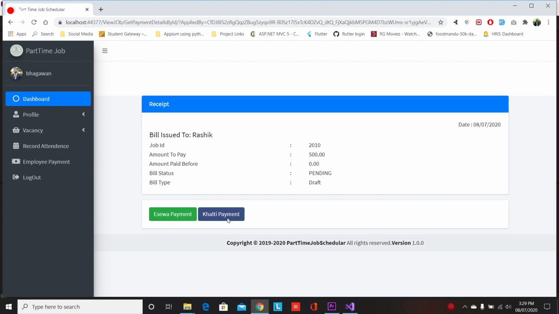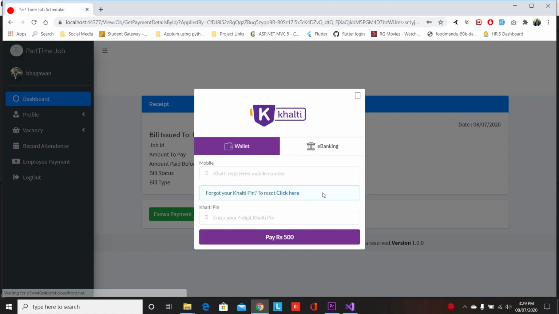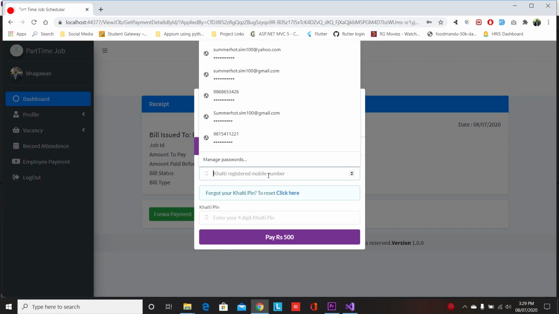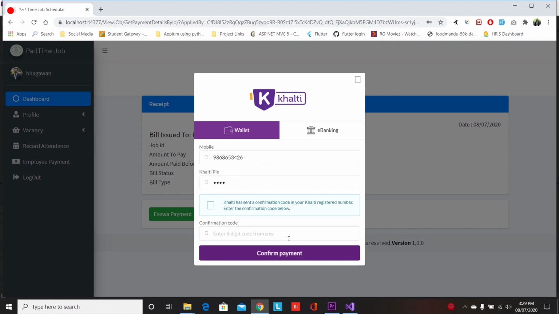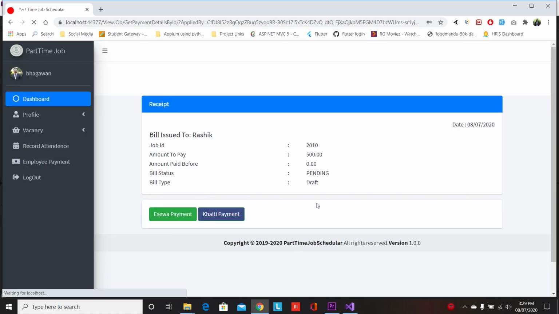Choosing Khalti payment, providing the mobile number and Khalti pin, it gives a transaction pin to the mobile number. I have received the transaction pin in the mobile number, which is 370355. Clicking on confirm payment, the payment is successful.